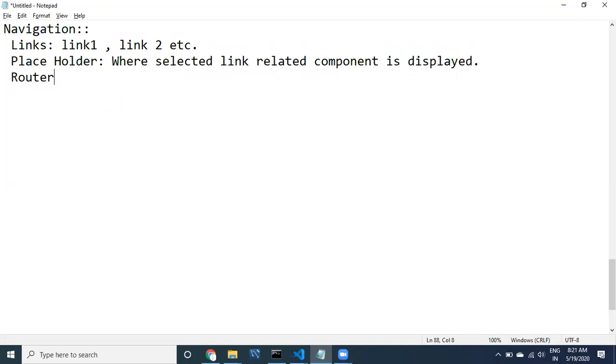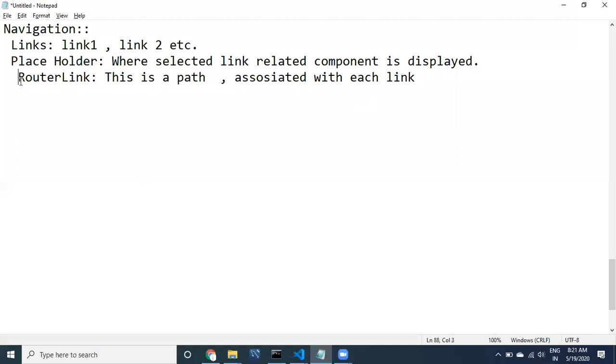The router link is associated with each link. This is the path actually. This is a path associated with each link.